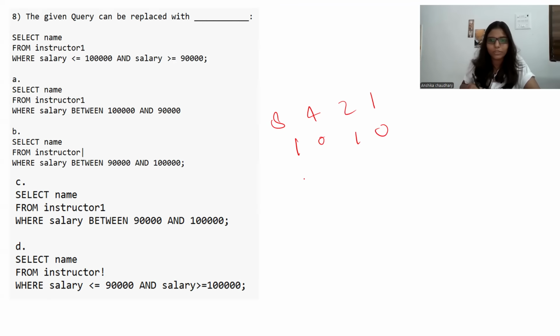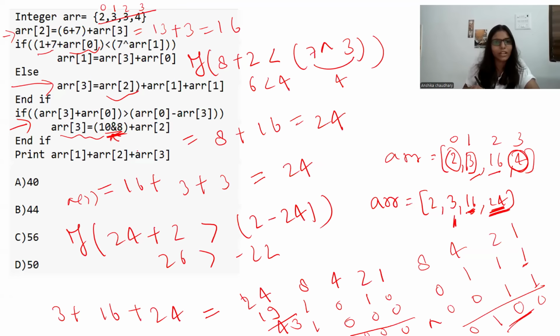Okay. Now what do we need to take? 0, 0. Okay. So here 0, 0, 0 and 1. So it will become 8 only. Alright. So we have 8 plus array of 2. That means 16. So 16 plus 8, 24. Alright. So printing 1 means the 3 at index 1. So 3 plus 16 will become 19 plus 24. So 19 plus 24. The answer should be 43, or